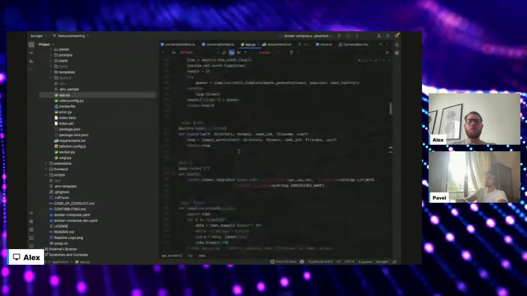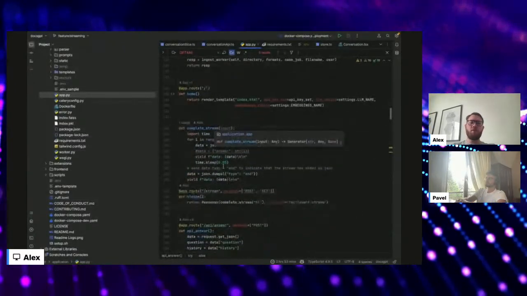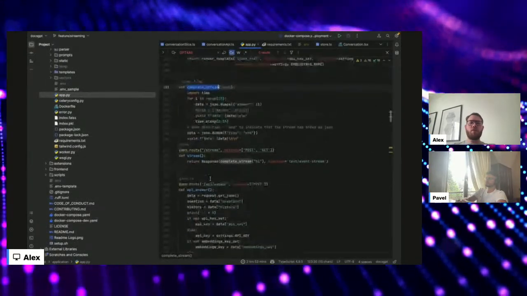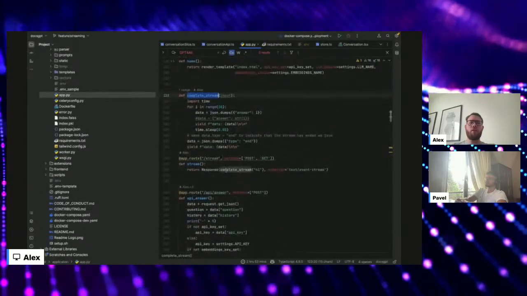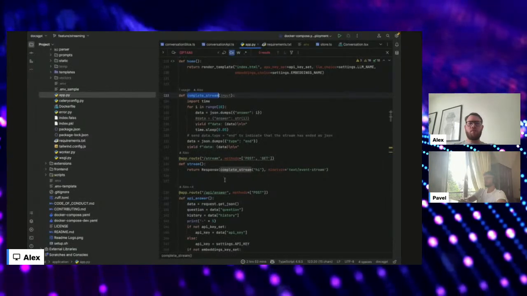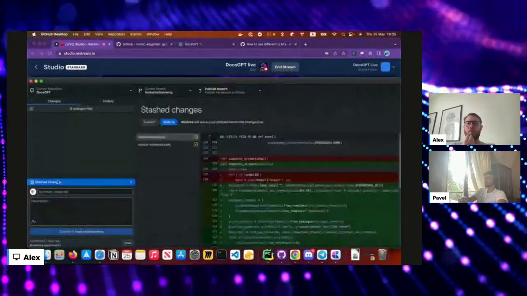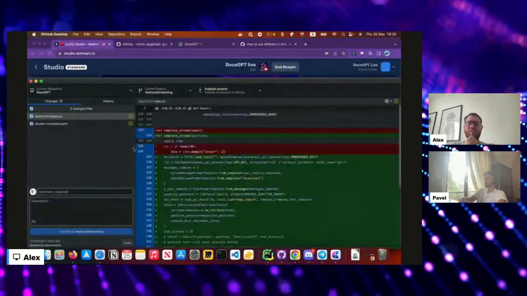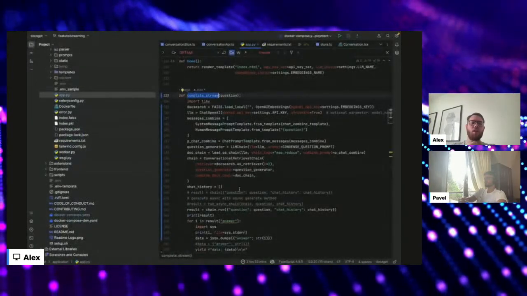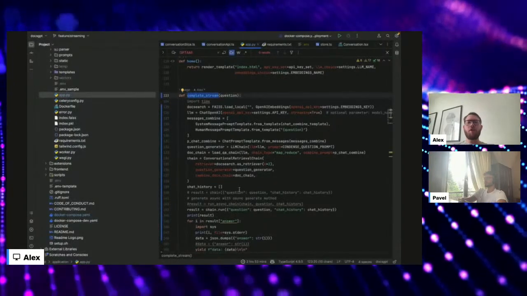So for this streaming feature, we have a separate endpoint, which is going to be called stream. The reason for this is because our... okay, I have some stashed changes that I need to restore. So the reason for the stream endpoint is that we need to make sure we have separate API endpoints, because some